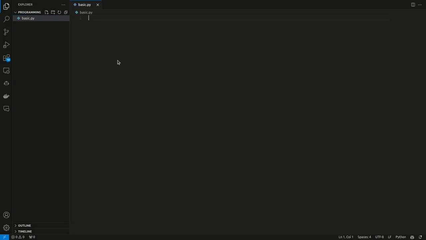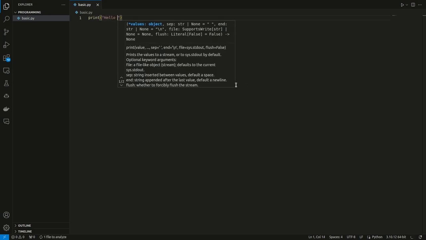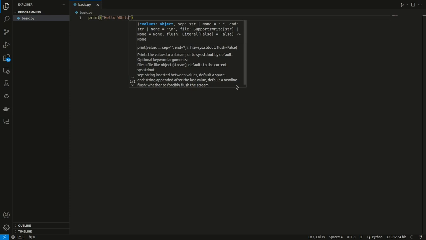So let's create a basic Python program to just see a few things that we can do with programming. Now, the simplest thing you can do in any programming language is to print out text into your command line interface. So let's say print Hello world.